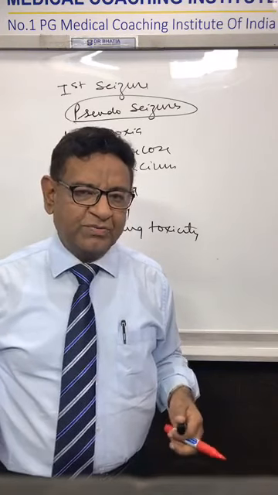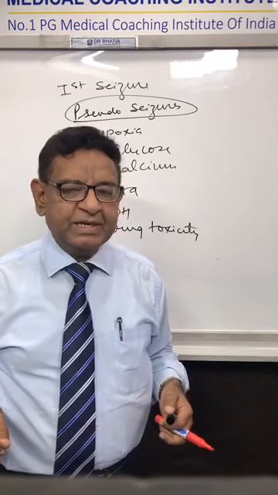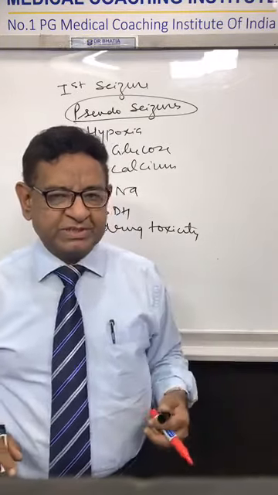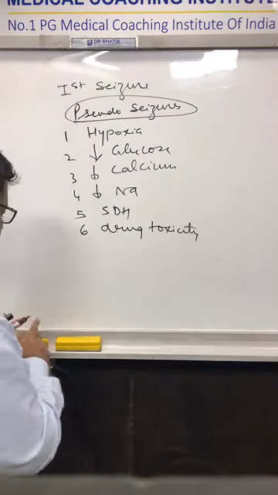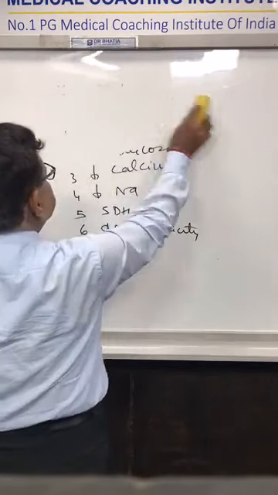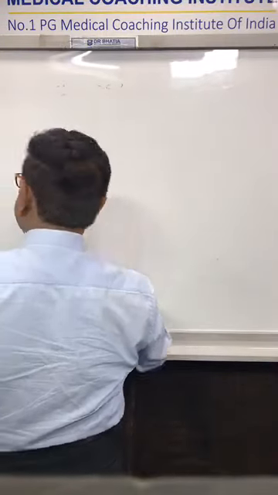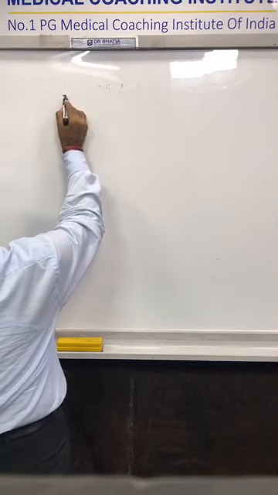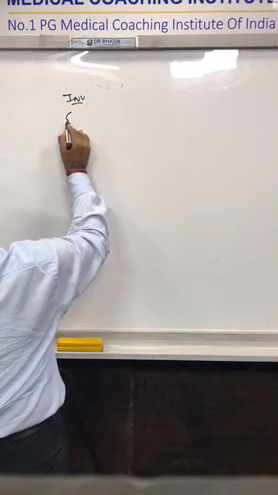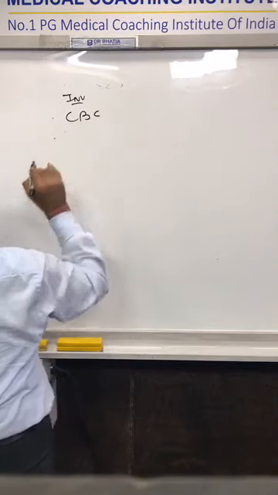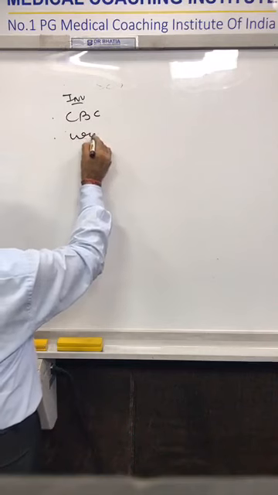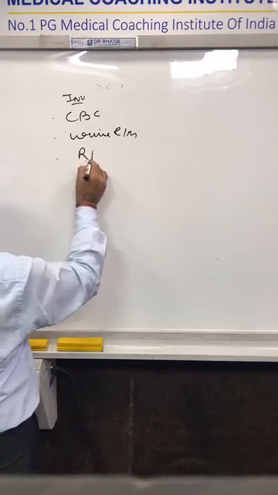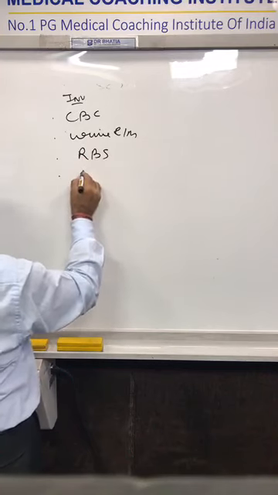Okay, of course, all of us know the single most important investigation for a seizure disorder is EEG. But before we go for seizure disorder, all these should be ruled out. So now let's see what are the investigations before you go for EEG. The investigations that you need to do before EEG are complete blood count, then urine examination, glucose level,